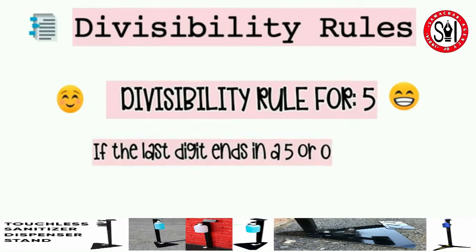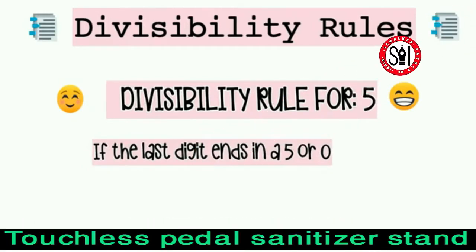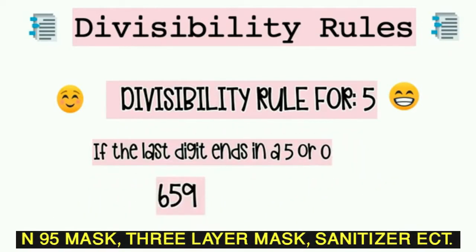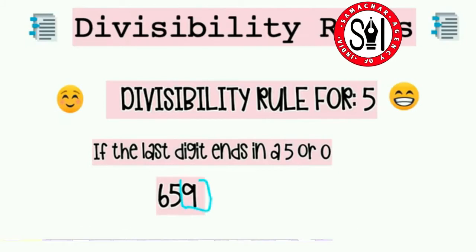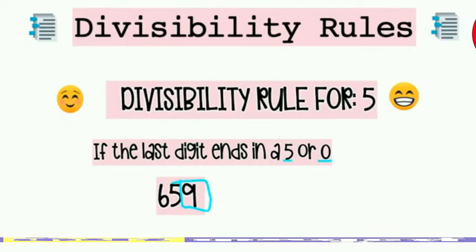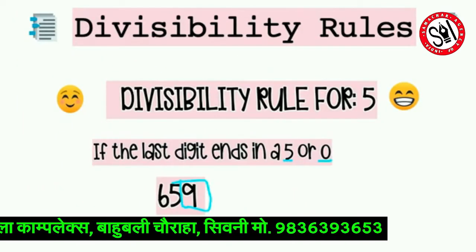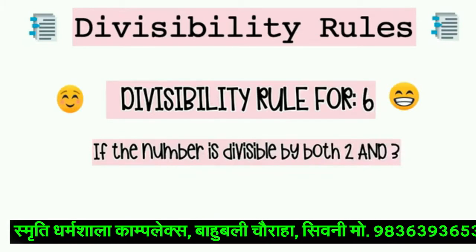So now we're moving on to the divisibility rule for number 5. It is if the last digit ends in a 5 or 0. Here we have our example, which is 659. So let's look at the last digit, which is a 9. Is the 9 a 5 or a 0? It's not. So it is not divisible by 5. So now the divisibility rule for